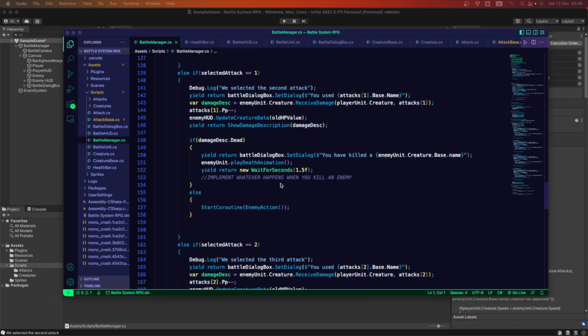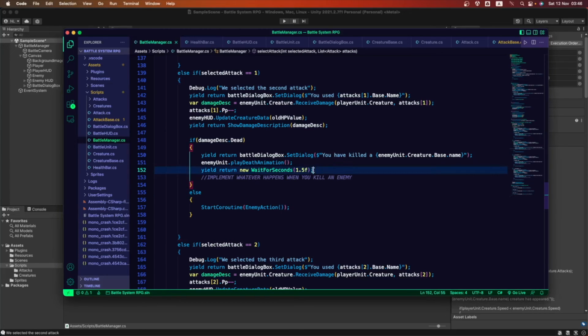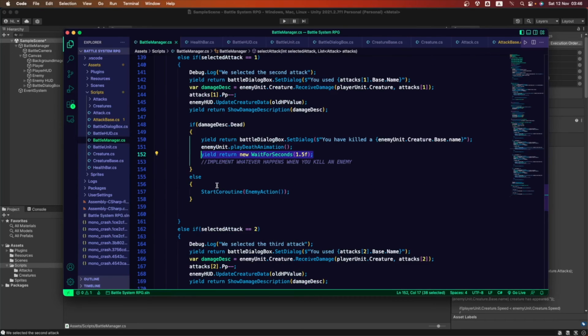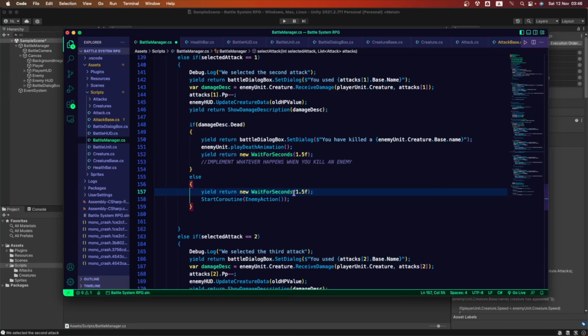So we wanna wait for some seconds here. So we wanna yield return. Remember, before going into the enemy action, let's go into each of these selected attacks and let's set this one to maybe 1 second. We want to wait 1 second after we attack.